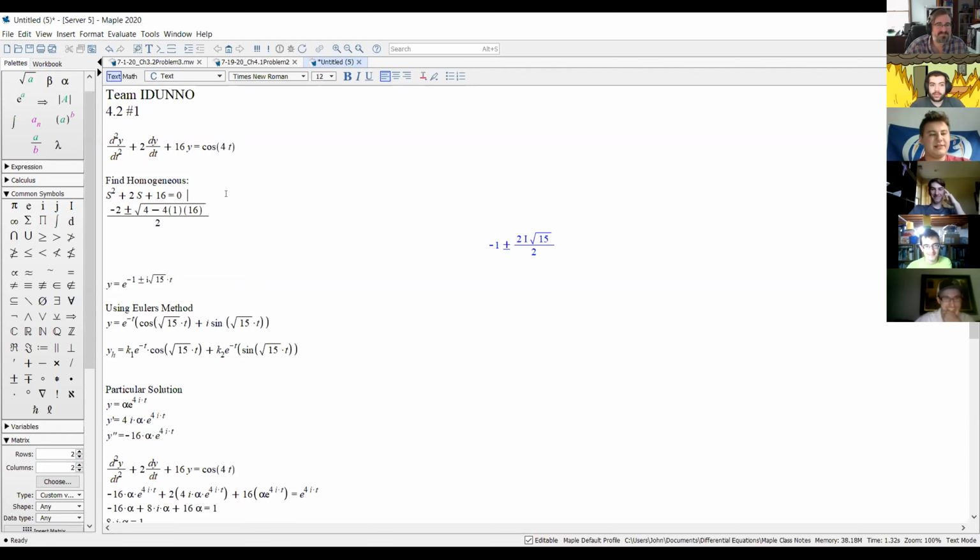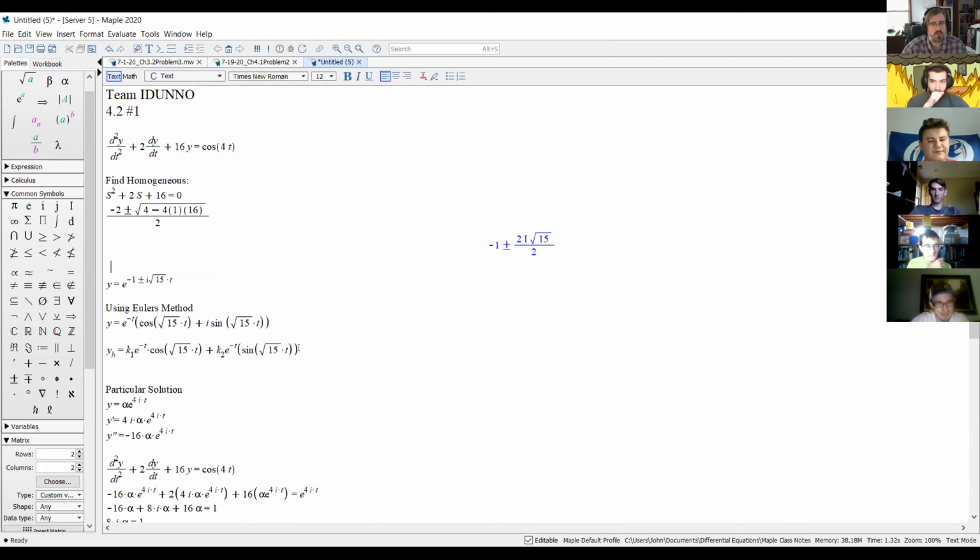So we used s and the quadratic formula and found this lovely number. And that's essentially our eigenvalue, right? If this were a matrix problem, we'd say, hey, we found our lambda values. But we're not dealing with this as a matrix. This is just straight from a second order differential equation. We're finding the homogeneous part of the solution. Proceed. And using Euler's method, we